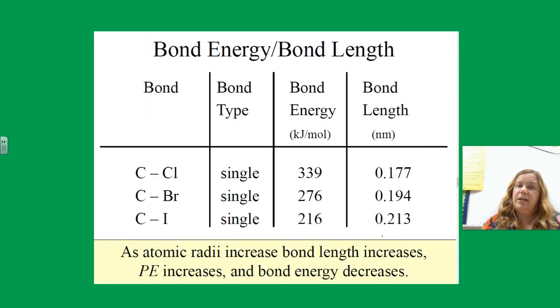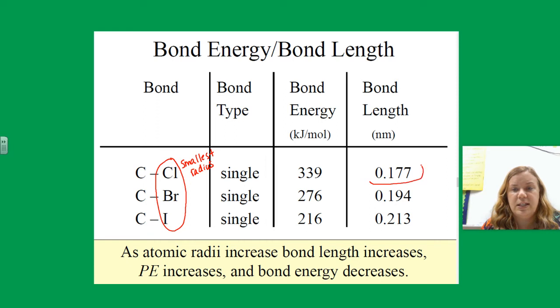So just real quick, bond energy versus bond length. I talked about this today just briefly with bond length. Let's look at our halogens here: chlorine, bromine, and iodine. Chlorine will have the smallest radius, where iodine would have the largest. So if you have the smallest radius, your bond length correlates to also being the smallest. Iodine, when you have the largest radius, it correlates to being